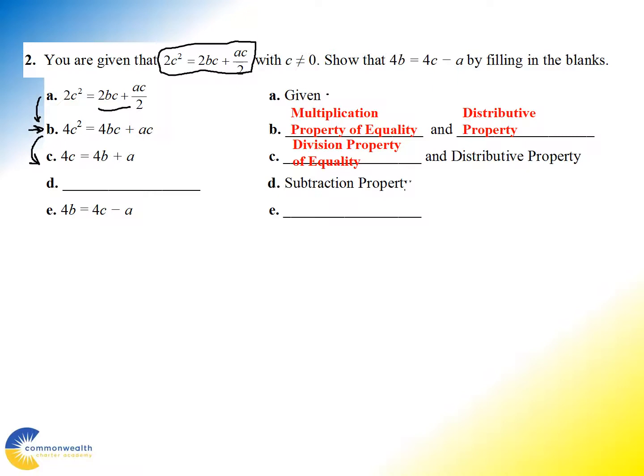Now, as you can see here in part D, we don't have the next step. But the reason for what we're going to get there should be the result of me taking what I had in C and applying the subtraction property. The subtraction property says I'm allowed to subtract the same value from both sides. I also want to see where I'm going to end up. I want to end up down here, and I can see there's a subtraction involved. How would I get there? Well, if I would subtract A from both sides,